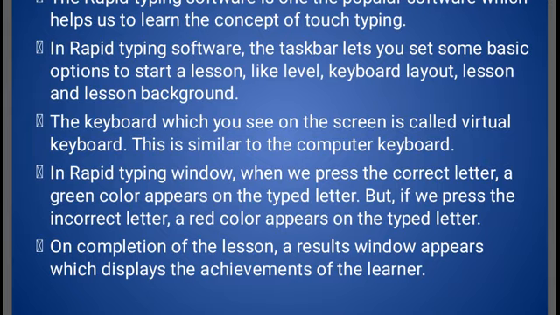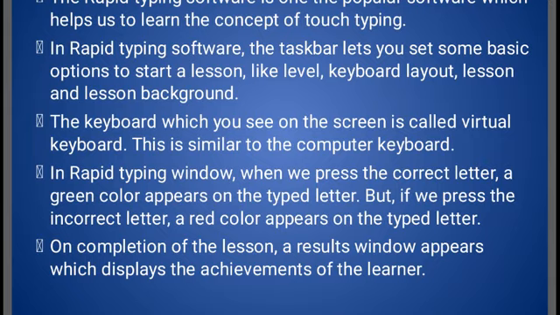In rapid typing software, when you press the correct letter, a green color appears on the typed letter, but if we press the incorrect letter, a red color appears on the typed letter. So if we type the correct letter, it always shows in green, and if we make any mistake, it will be shown in red color.